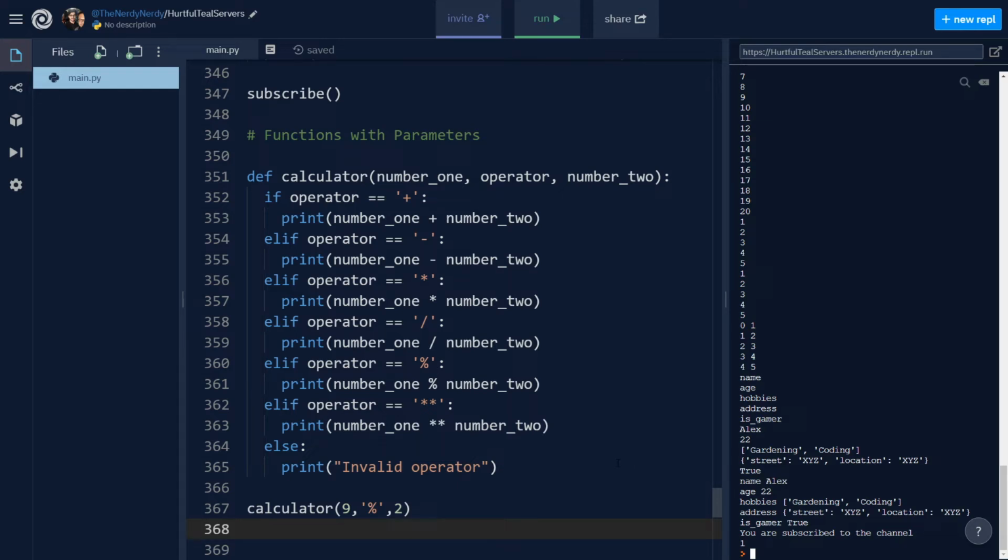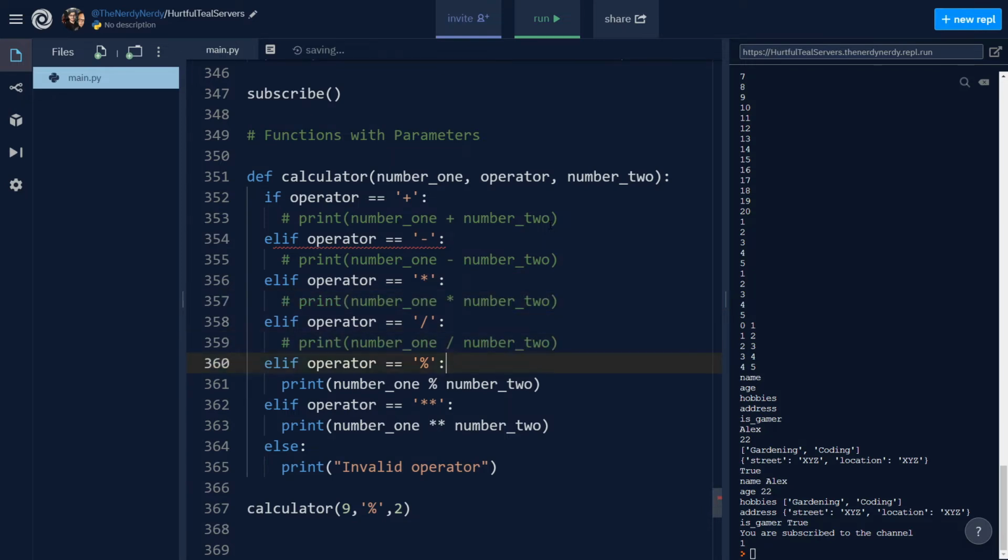So instead of printing the values to our console, we can return the result and capture that result in some variable, and then we can print it to the terminal. So let us make some changes to our calculator function. Right here, I will comment the print statements in each and every condition,